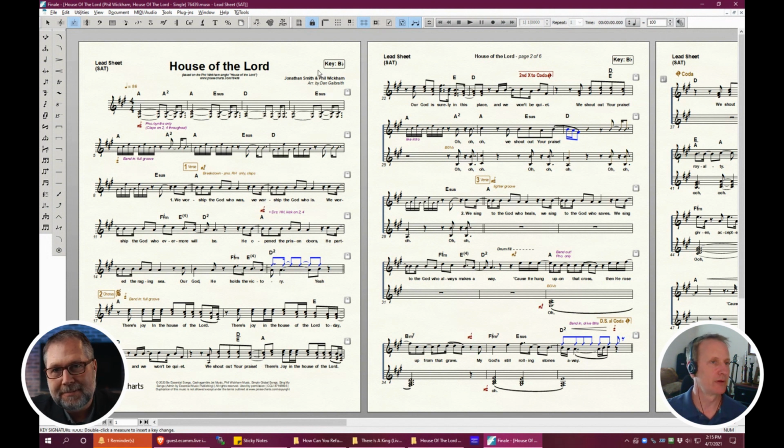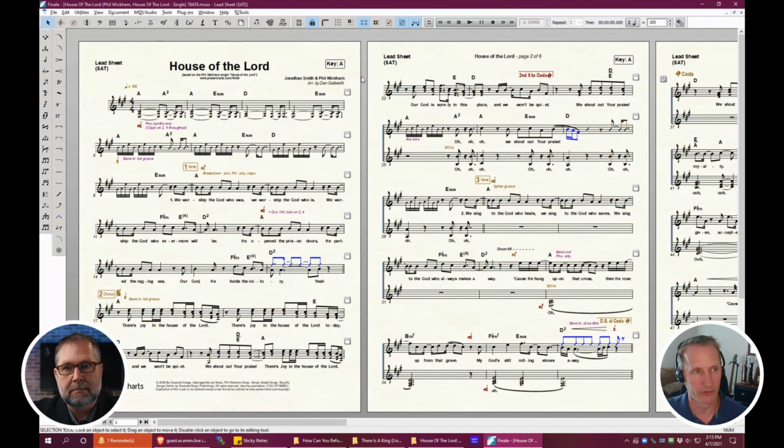Now let's point out this little box up here in the top right-hand corner of all of our charts. This still says the key of B flat because this is not actually connected to any kind of music, and Finale is not going to see that as music. It's just a text box like you might have in Photoshop, or even a word processor, and you would just use this selection tool, and on your keyboard, just hit the escape key. It'll always select that tool. You can double click on this text box and go in there and change it to A,